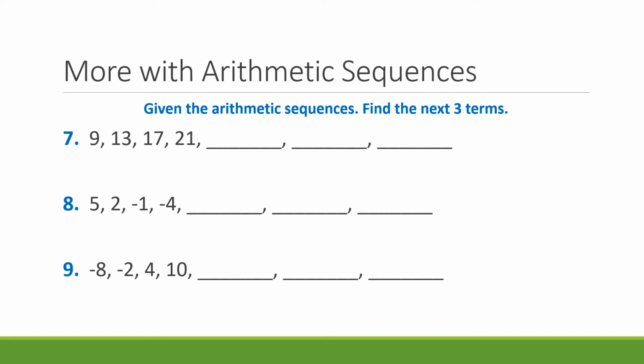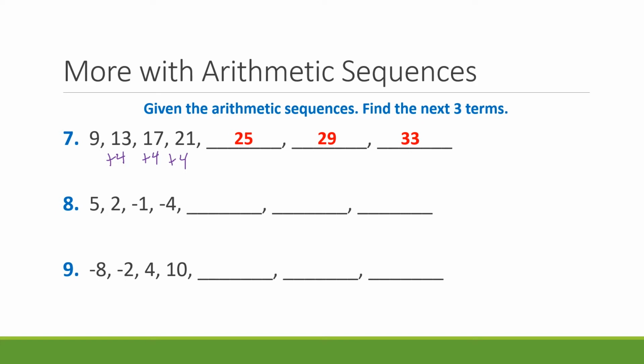Looking at these 3 problems that are arithmetic sequences, we want to find the next 3 terms. So the first thing we want to do is figure out what the common difference is and follow that pattern. So the first one here, 9 to 13, we're adding 4, 13 to 17, adding 4, and 17 to 21, so we're adding 4. So our next 3 terms would be 25, 29, and 33 because we're simply adding 4